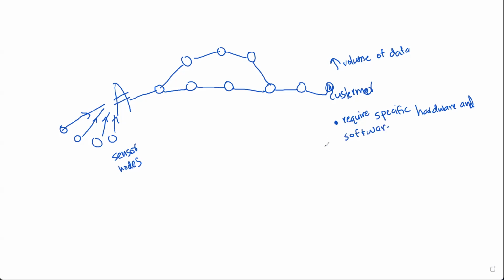For example, if the customer reads emails using cloud services, then the customer has to have the specific applications installed on their devices to read the emails or messages they're receiving.